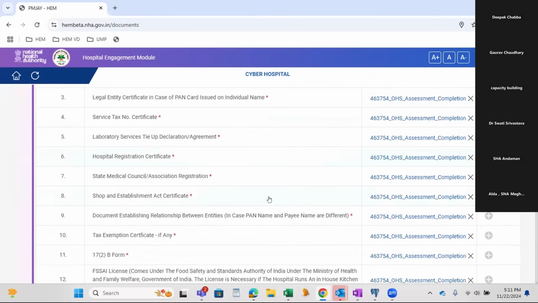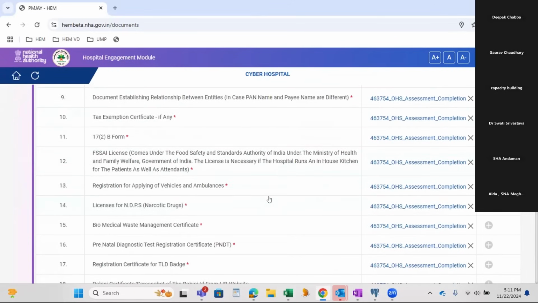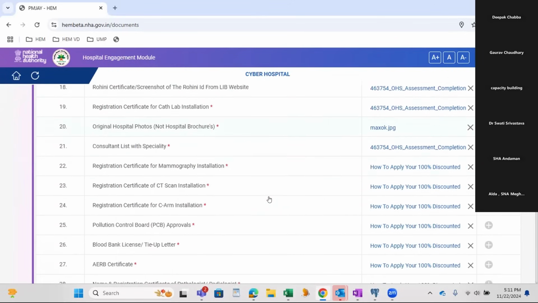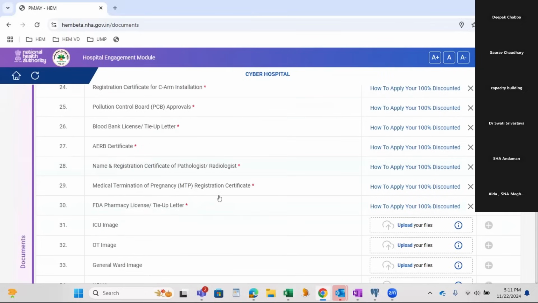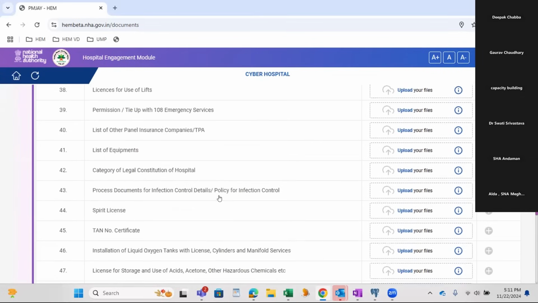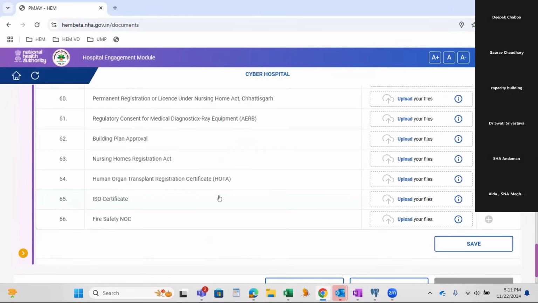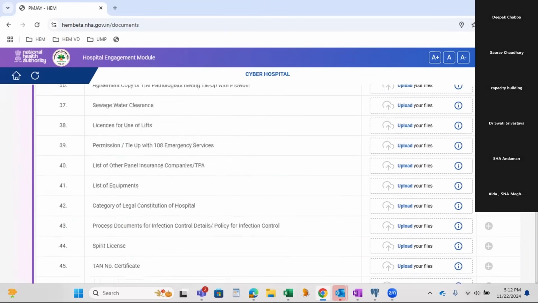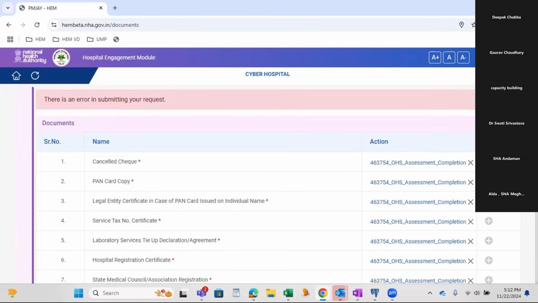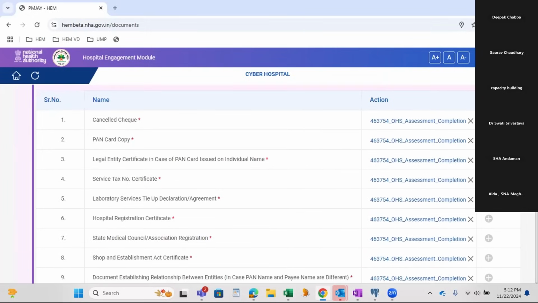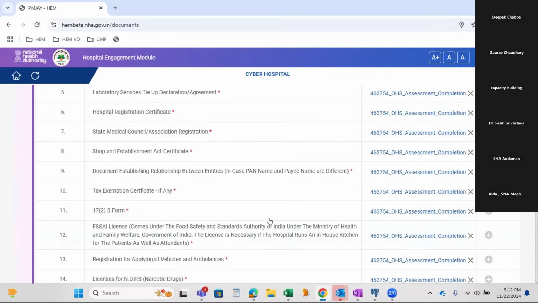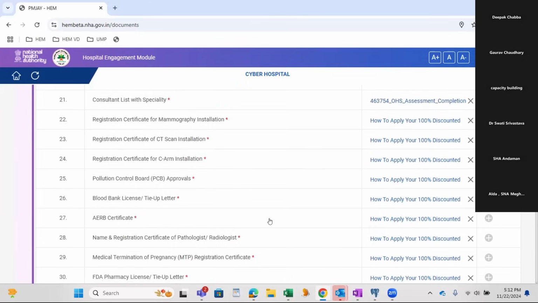Is there any? So we will add. I've added all the mandatory documents. What happened, Ravi? On the last document section, when I'm clicking on save, submit, I'm getting some request error, though I have entered all the mandatory details. Wait.